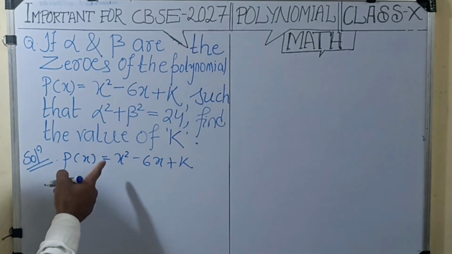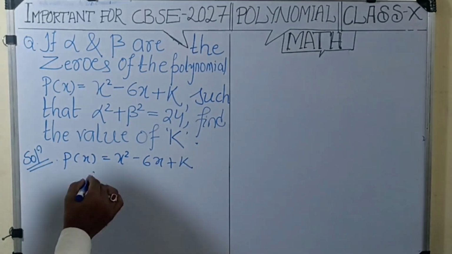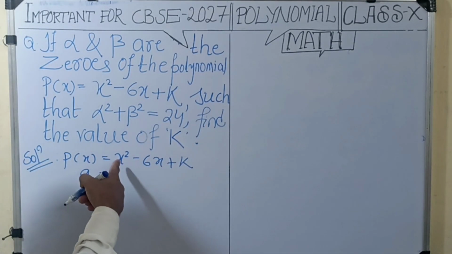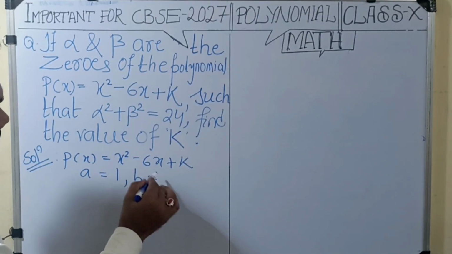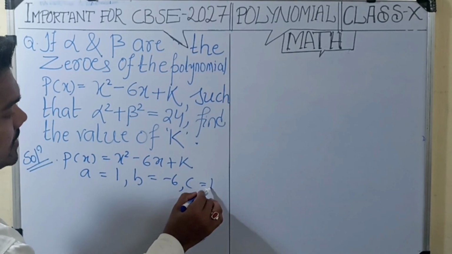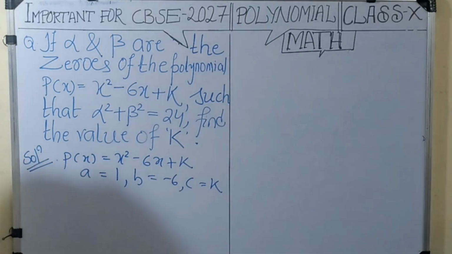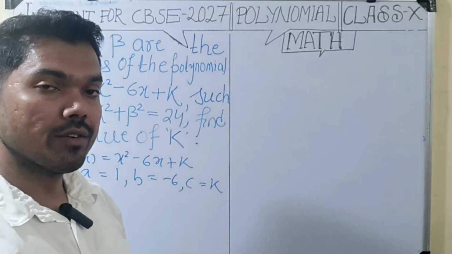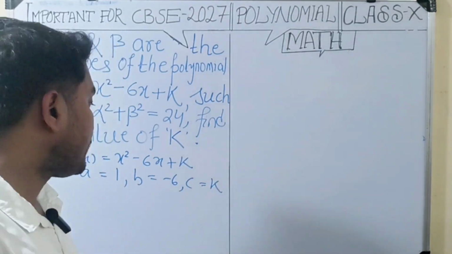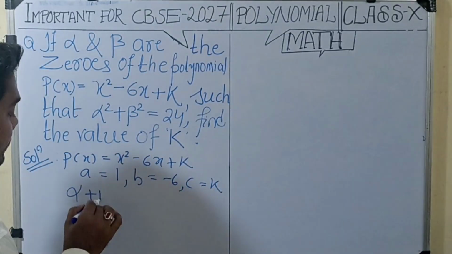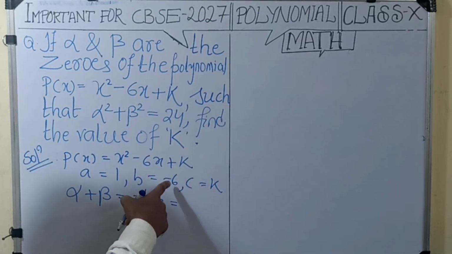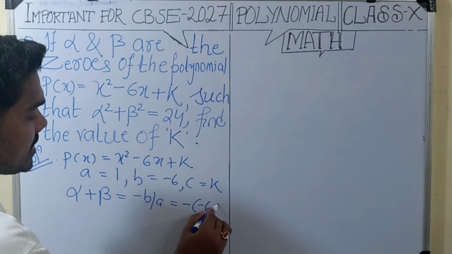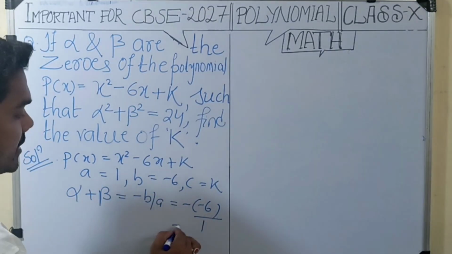As you know, it is a quadratic polynomial, so the value of a is what, students? You know that a is the coefficient of x square, that is 1, b is the coefficient of x, that is minus 6, and c is k. Okay, and you know the relationship between the zeros and coefficients of a quadratic polynomial, that is alpha plus beta is equal to minus b by a. So b is minus 6, so minus of minus 6 by a, which is 1, that is minus minus plus